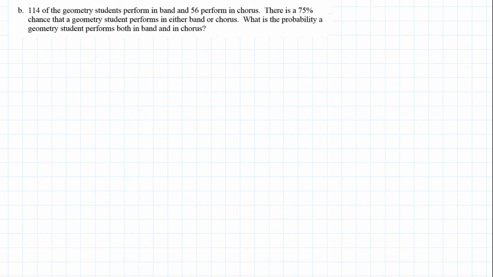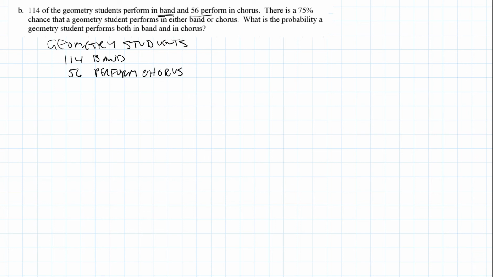Alright, so in this problem it says 114 of the geometry students perform in band and 56 perform in chorus. So of the geometry students, I know that 114 are in band, and I know that 56 perform in the chorus. And then I know that 75%,